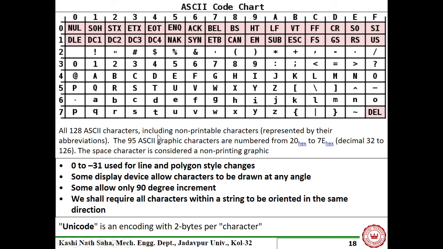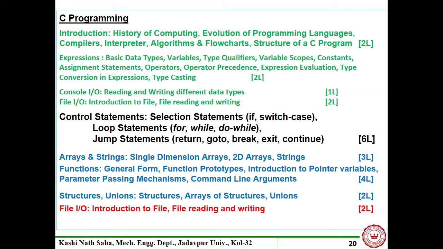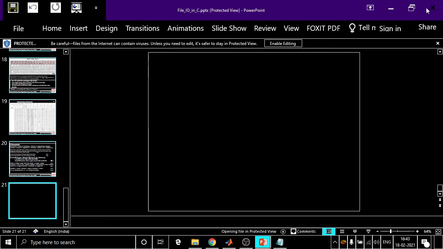Now features of these things are written here, 0 to 1. 31 line and polygon style changes. So here is 31 up to this 16, 31 display. Whatever. There are some features. Uppercase starts from this position, we know what that particular position is, you can find it from this table. So these are some of the concepts we have in C, right?